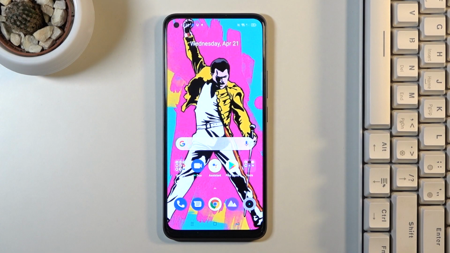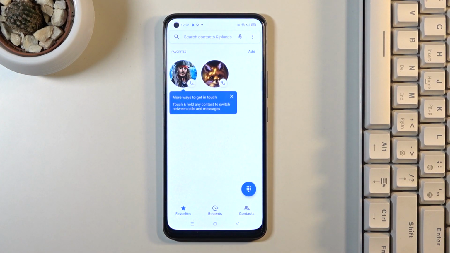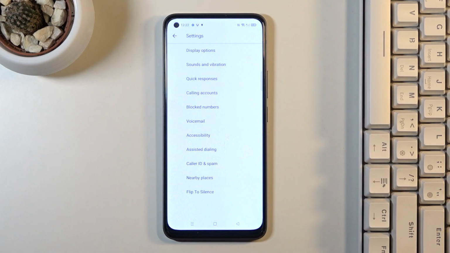In front of me is Realme 8, and let me show you how to make your phone number private on this device. So first of all, you need to open your phone dialer, then tap on the More icon, which is 3 dots in the right upper corner, and go to Settings. Now click on